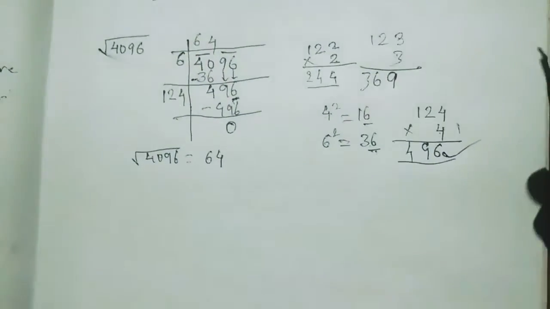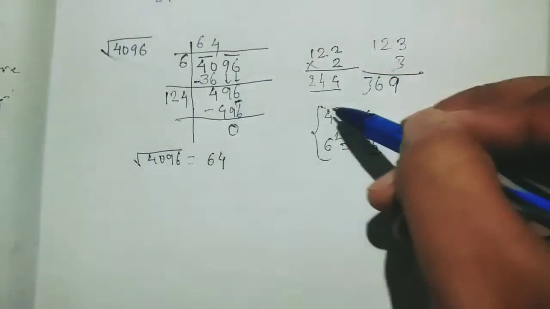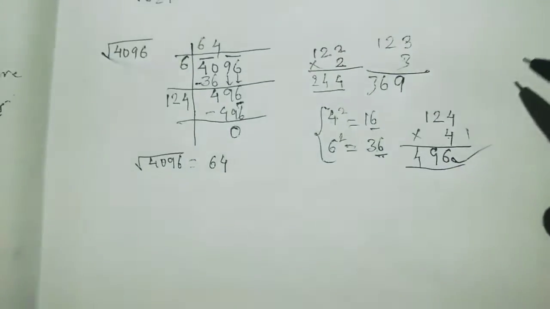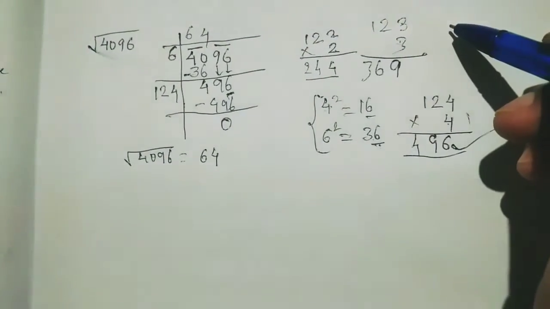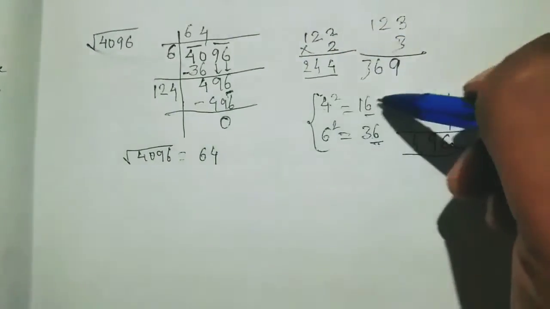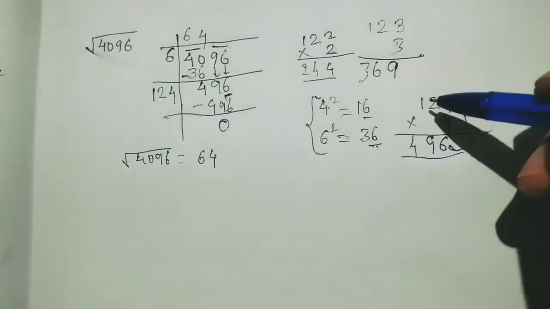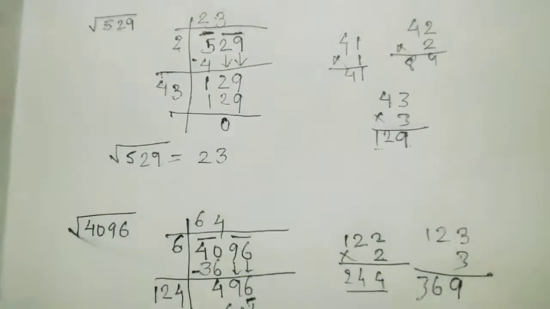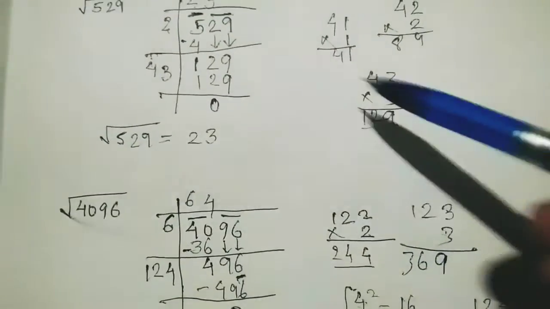This is the rule, so always remember it. You have to see the unit digit number, then it will be easy and time saving for you. No need to try every other number. Always see the unit digit and which square number has that unit digit; you try only that number. Understood? In the first question it was the same, but I had not shown you. Later in this question I have shown you.